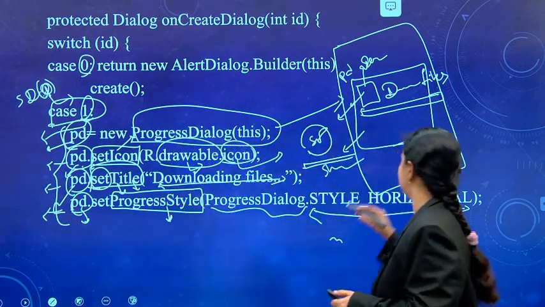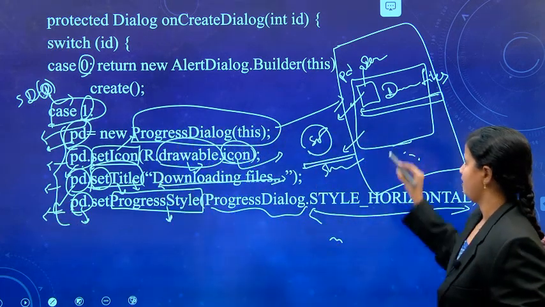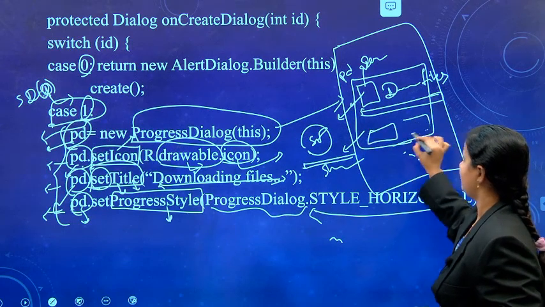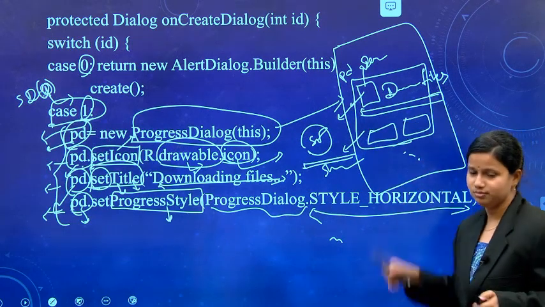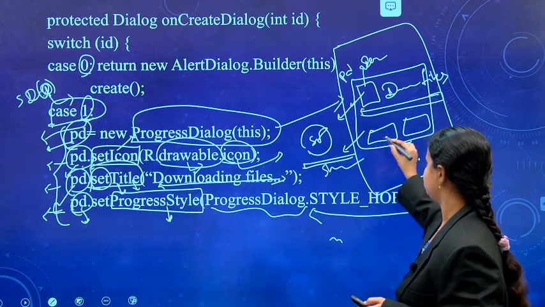So, after giving all these details, what is missing? At the bottom it has 2 different buttons. Those are missing. So how do we have to create those 2 buttons?